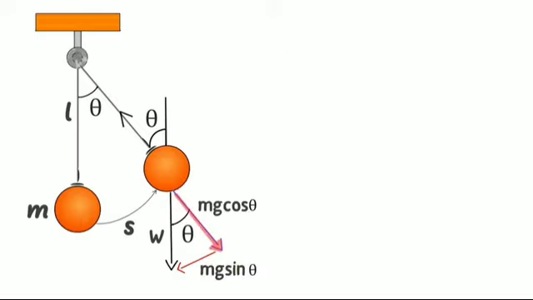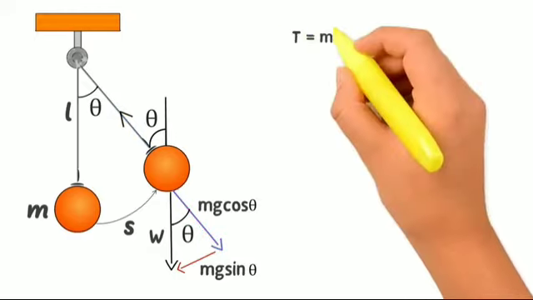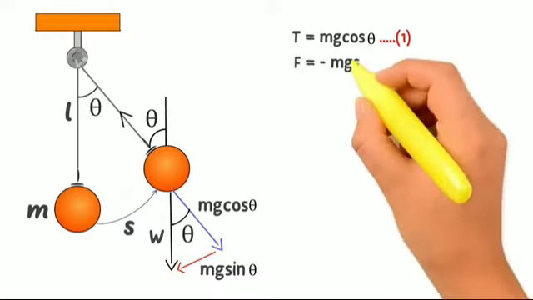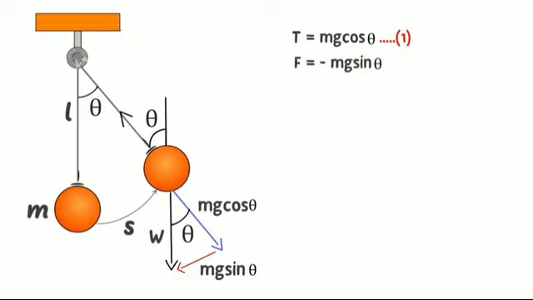Resolving the gravitational force into two components. First, the normal component, the component along the string but in opposition to the direction of tension: F is equal to mg cos theta. Then the tangential component, the component perpendicular to the string, along the tangential direction of the arc of swing: F is equal to mg sin theta. Therefore, the normal component of the force is along the string. So, v is the speed of the bob. So, T minus mg cos theta. Here, the negative sign indicates the opposite direction.